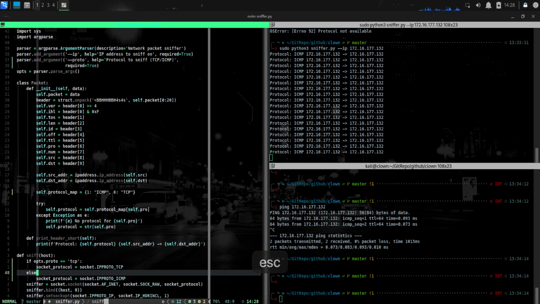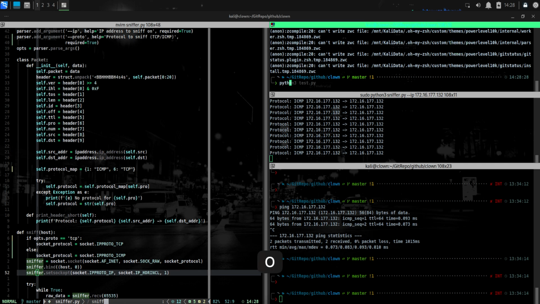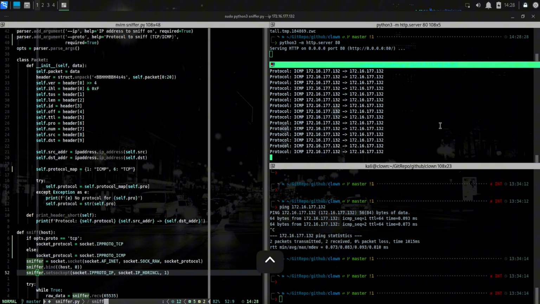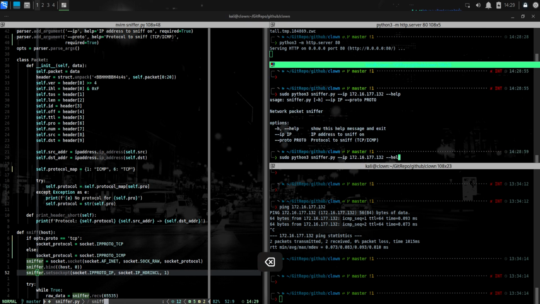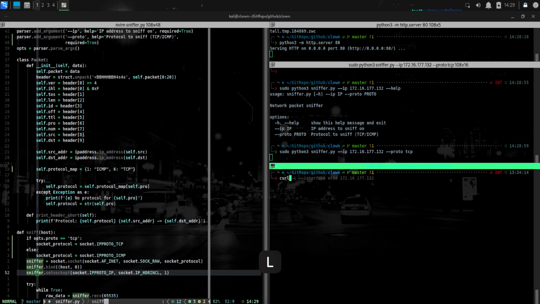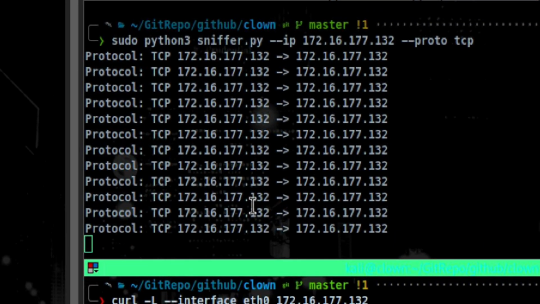Now let's do a quick test. Let's open up a web server inside our local Kali machine. Then let's fire up the sniffer script, but this time let's specify TCP as the protocol to sniff. Next, we need to access the web server to generate traffic. We can clearly see that it is working now, as it is successfully capturing the TCP packets from our web